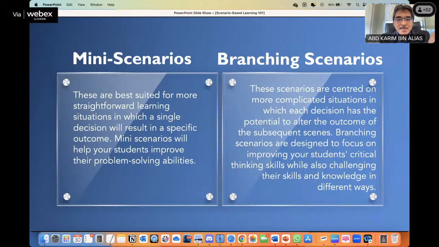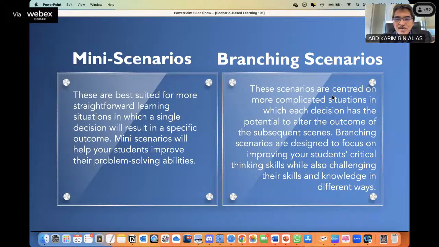But it's better because this is where we can get students to go deeper into the concept, into the topic, by working on the more complex scenario. And they have to make even more difficult decisions. Very powerful, but it's more difficult to design, and more difficult for the student as well.